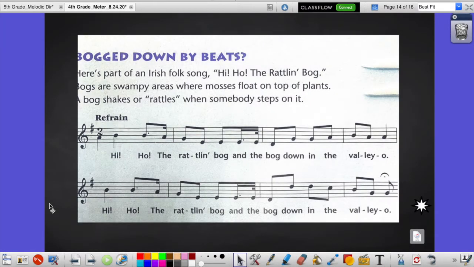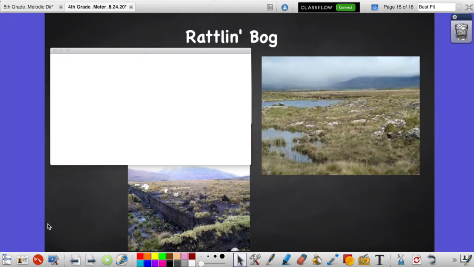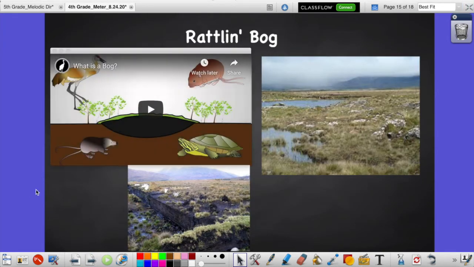All right, so that was Hi-Ho, the Rattlin' Bog. It's an Irish folk song about a bog. And you may be wondering, what on earth is a bog? Well, a bog is kind of like a swamp, but it's a swamp that you find in the cold northern countries of the world, in places like England or Ireland or Scotland or Norway, places where there's a lot of